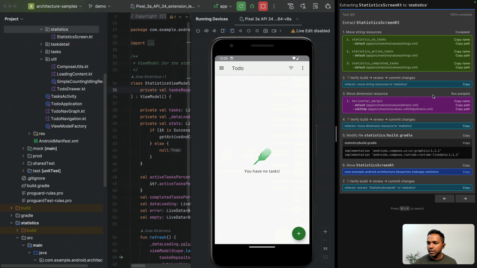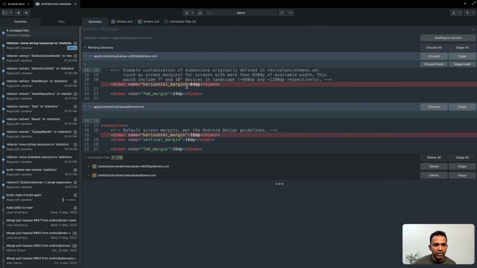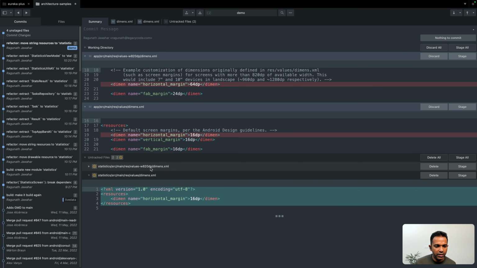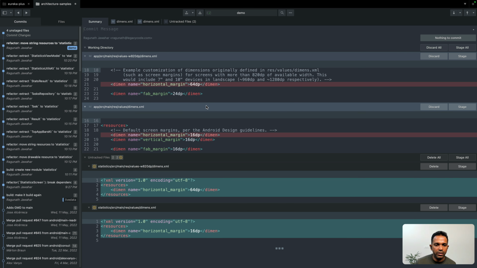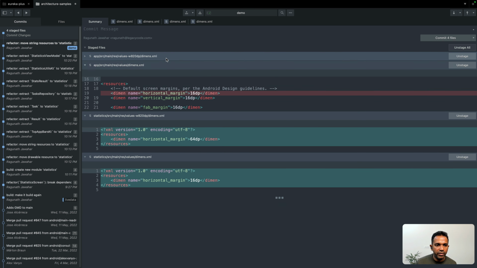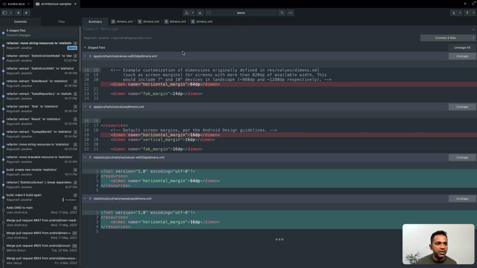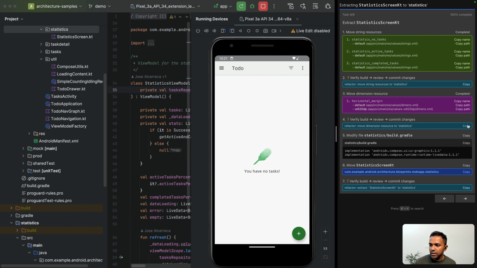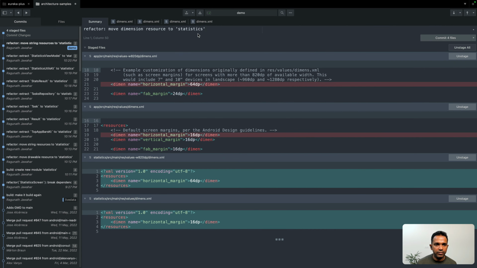And then if you notice that the dimension resources, they have multiple configurations. You'll see one of them is from values and the other one is from values W820 dp. So we support migration across configurations. So if you see, we have moved these two dimension resources into their appropriate target files. So you have 4 files that are changed because of 2 different configurations. So that's done. To copy this, paste it over here,